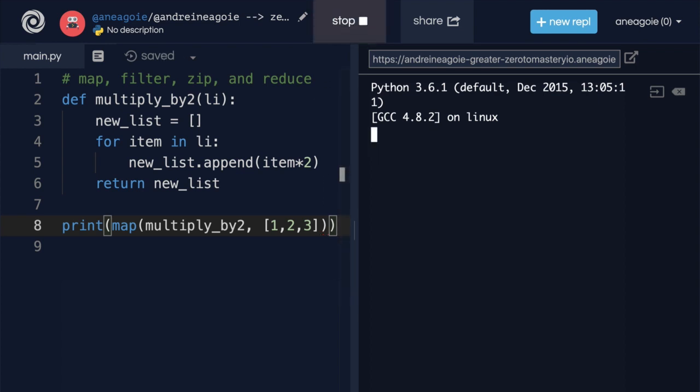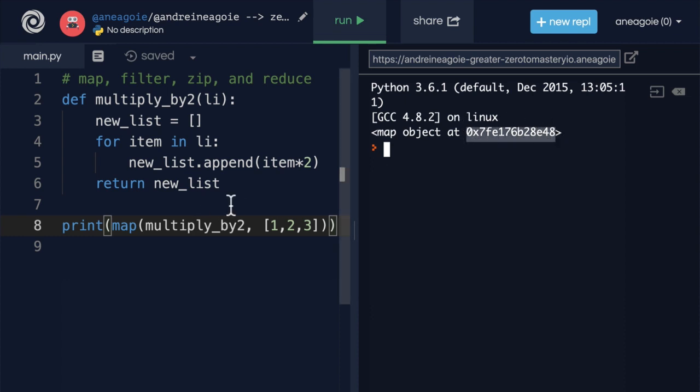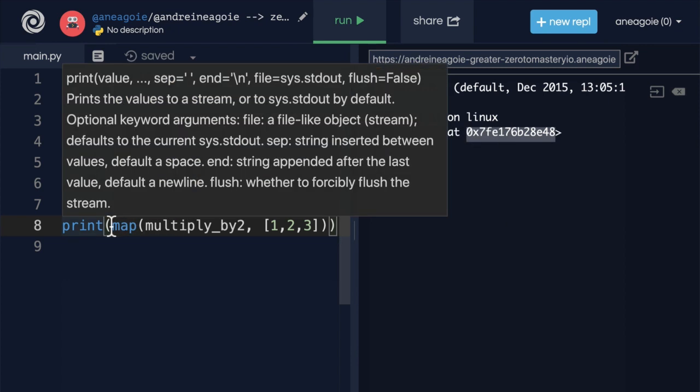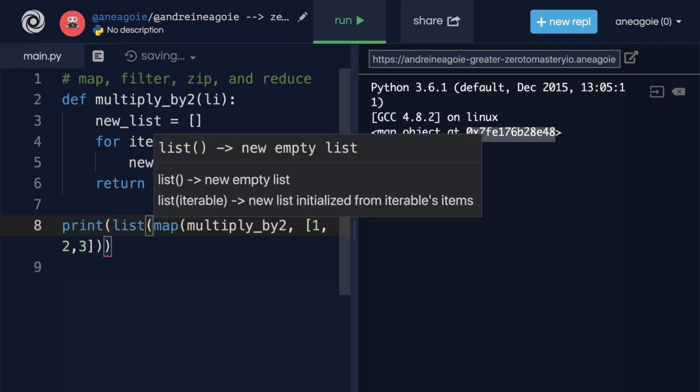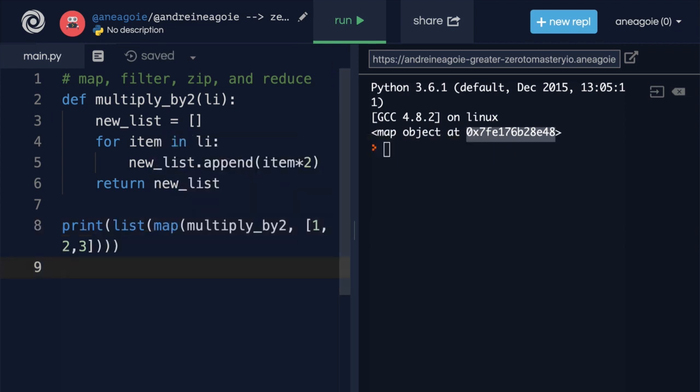If I run it, I get a map object at this memory location. And map automatically gives us this object that it has created in this memory. So in order for us to actually view it, we have to turn it into a list like this. So if I run this,